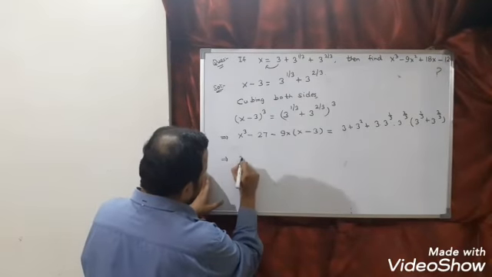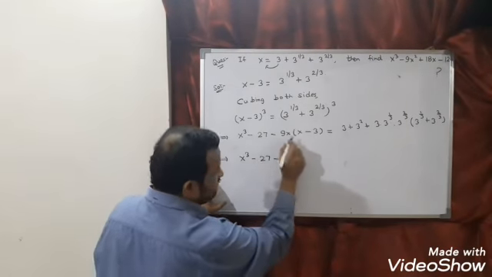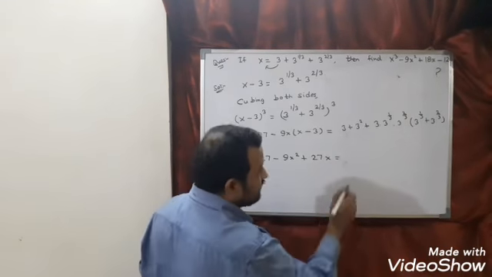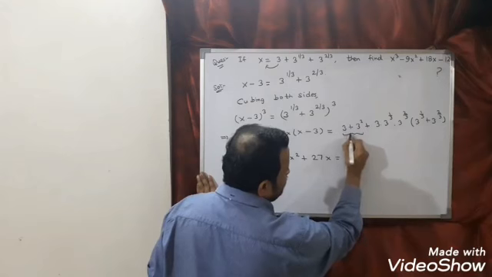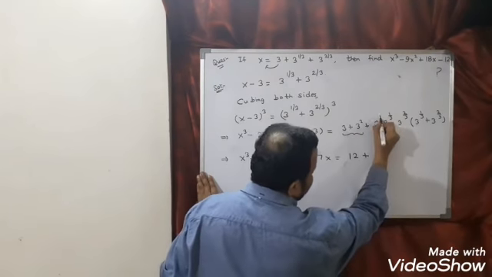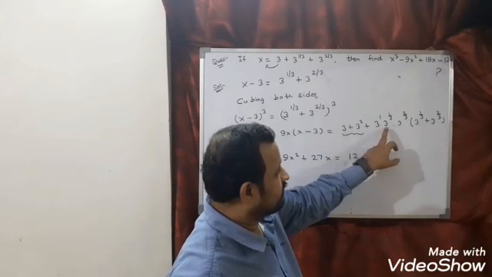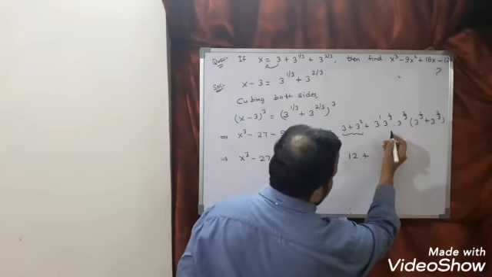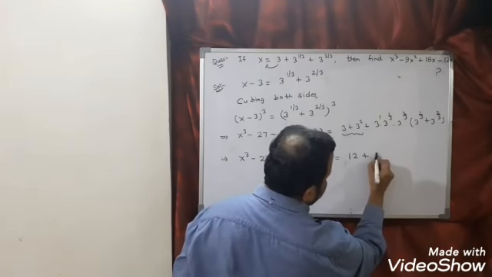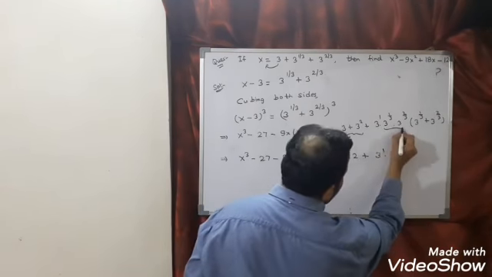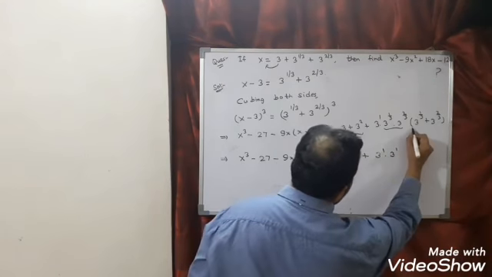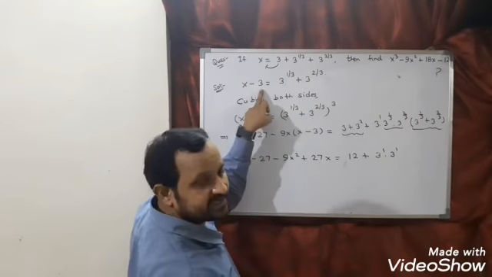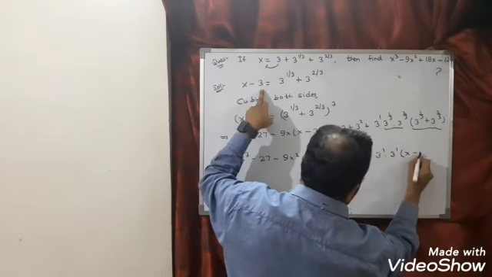Now this we can write as what? X cube minus 27 minus 9x square plus 27x is equal to, so 3 square, 9 plus 3 is 12 plus, now power is 1. Last class I told you that if a product comes and base is same, powers will get added. So add. So what you will get here is, so 2 plus 1, 3 by 3. So this is 3 power 1 into, this is nothing but, again I can say 3 power 1, and this value is nothing but, tell me, this value is nothing but x minus 3. So this value is x minus 3.